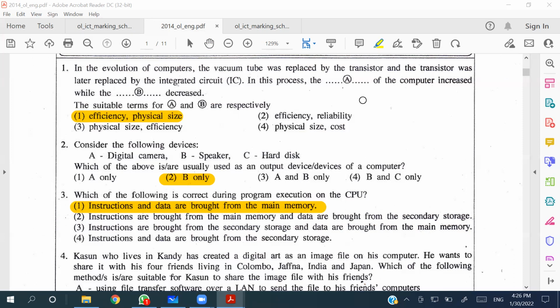Hold on. What Minul is asking, the second one, can it be A and B both? Yeah, Minul, A is a little bit confusing answer, right? But as I told, they can take A as a